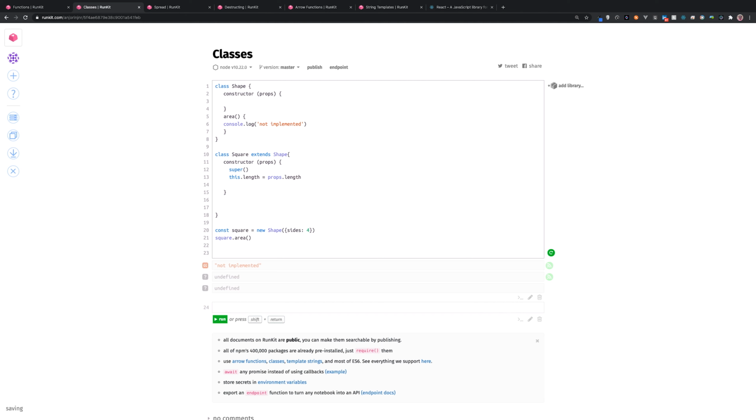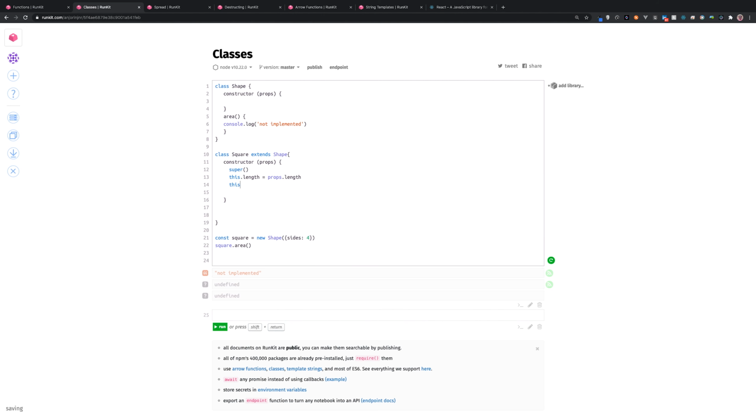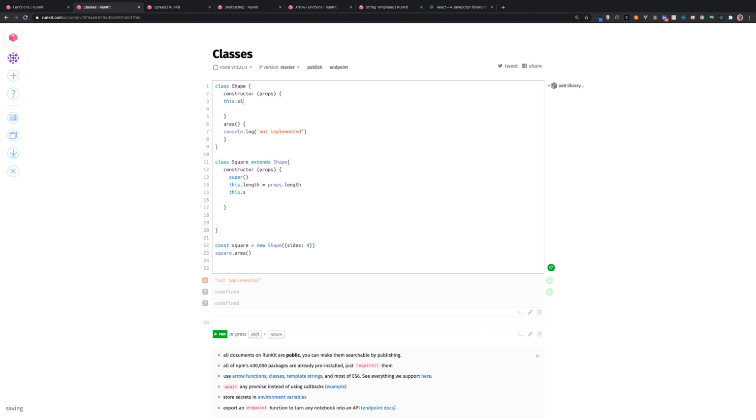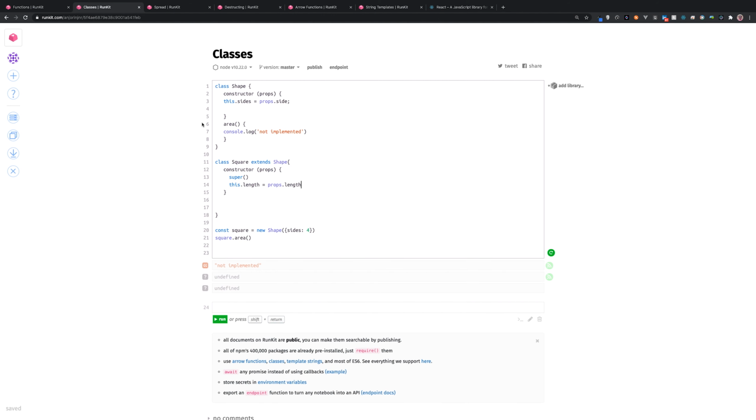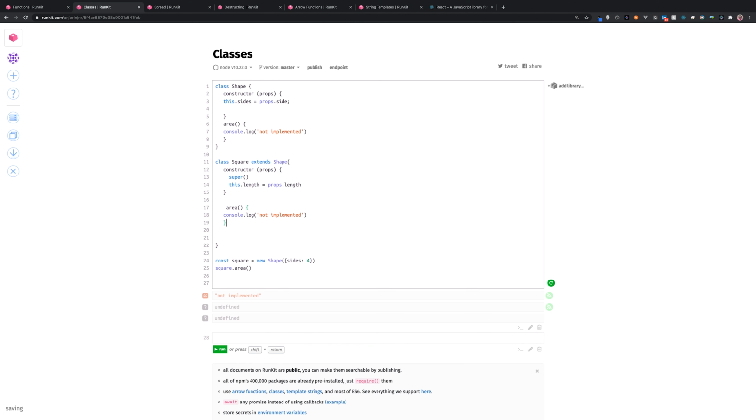We can assume that the props are going to be an object that has the length, and maybe we have this set the sides, so props.sides, and then we can override the implementation that the base class or the parent class provides. So we can say area in this case will be this.length